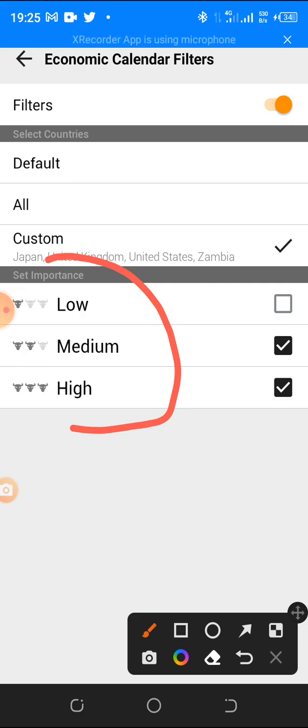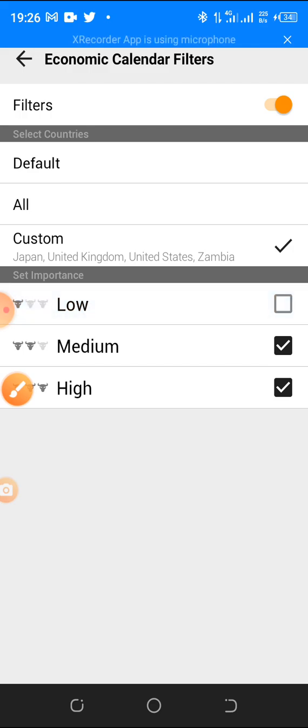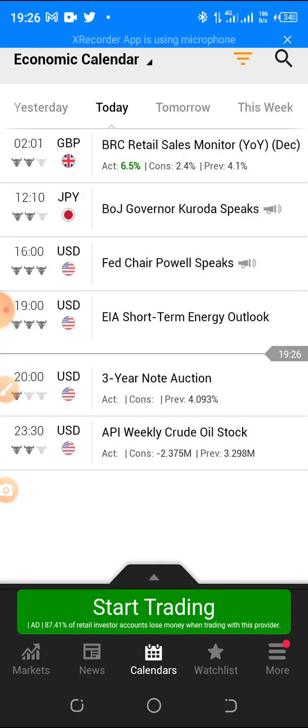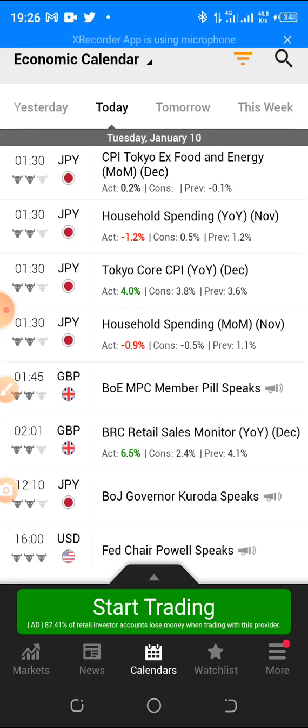You understand? So here literally this is what it means. The low means it really doesn't move the market, and then medium, it moves the market slightly. So I want you to untick the first one, just untick and leave medium and high. Once you're done, then click on back. Okay, so as you can see from here,